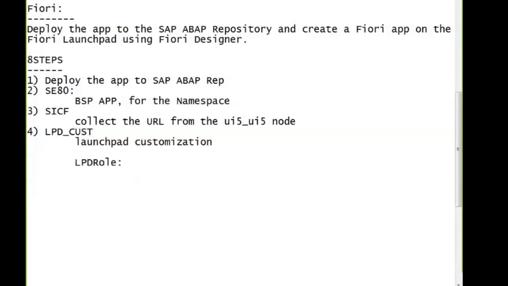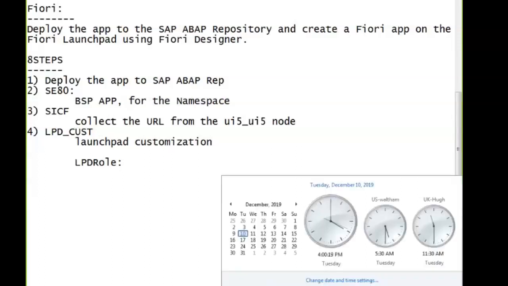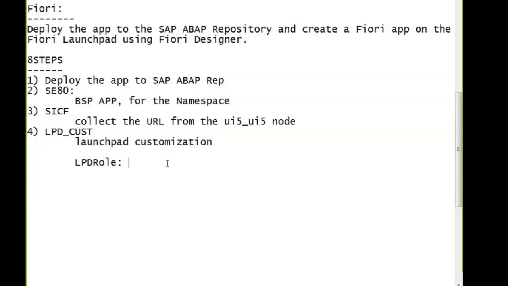So let us have the LPD role as Z EMP 99. Today, December 10th, I just use the D10 for all the application naming. To this LPD role, we can have n number of applications.